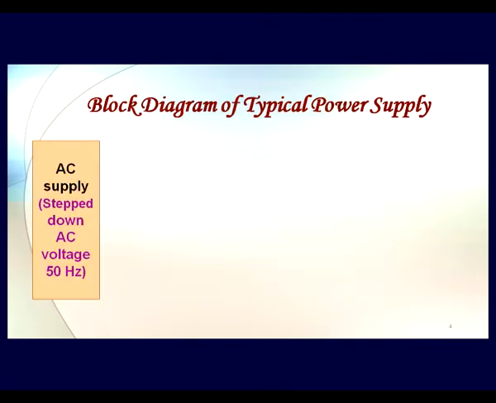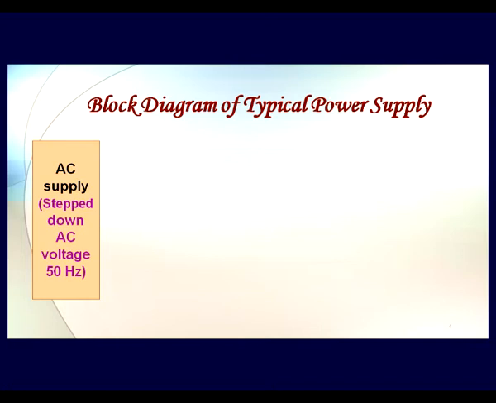So here, diagrammatically, I am showing step by step that we have an AC supply of 50 Hertz frequency, that we first step down. Let us consider that we have a requirement where we need a voltage lesser than 230 volts. For example, take our battery charger or a cell phone charger, which typically requires 5 volt DC. Then we first have to step down that 230 volts AC to a level comparable to 5 volts, something like say 10 volts.